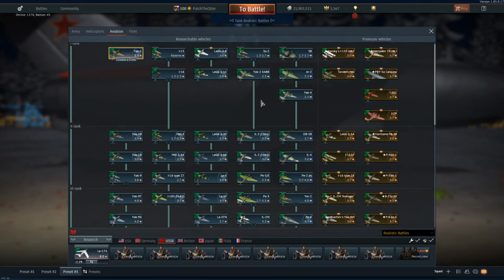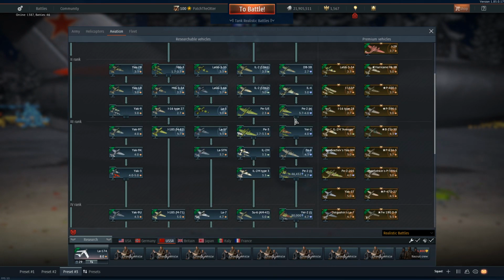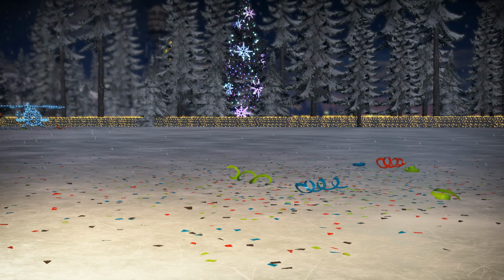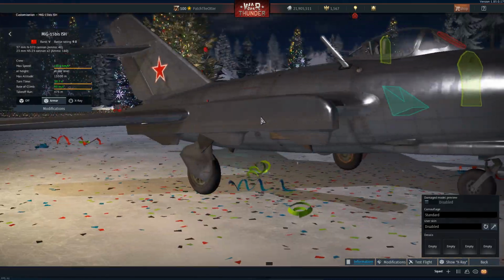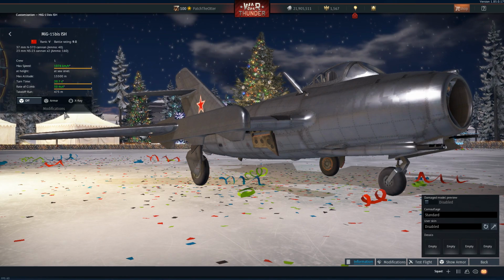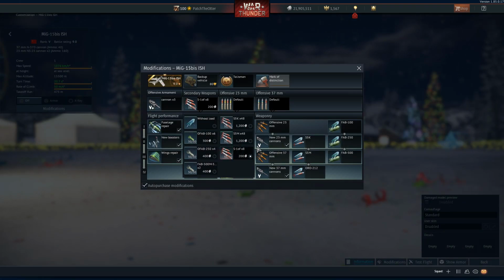But, without any further ado, on to Russian aviation. So, we've only got the 2 new aircraft. The MiG-15 bis ISH. It's a MiG-15 bis. We all know what the MiG-15 bis is. But this thing has sexy rocket rails, which can mount...